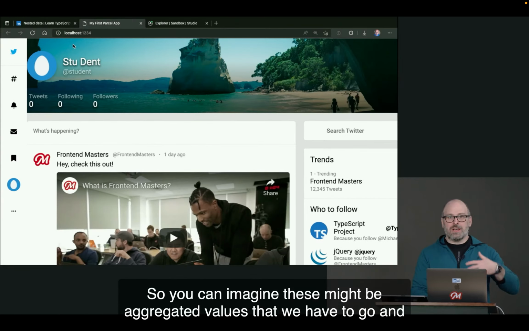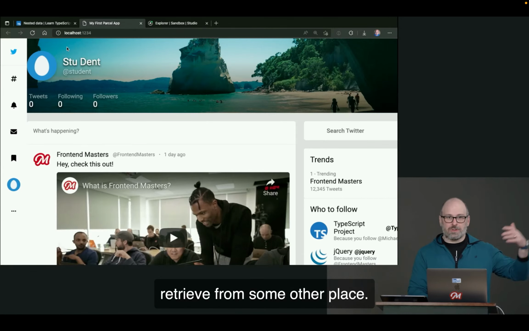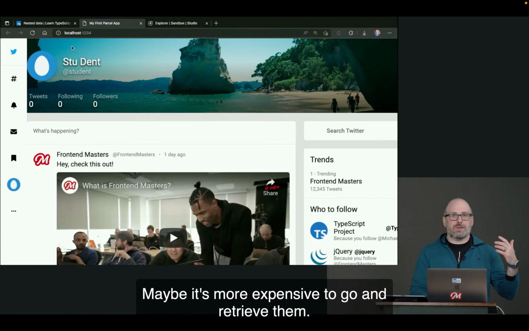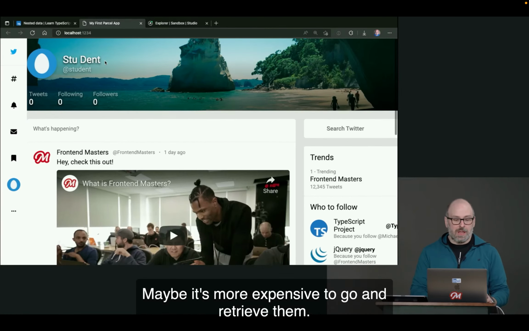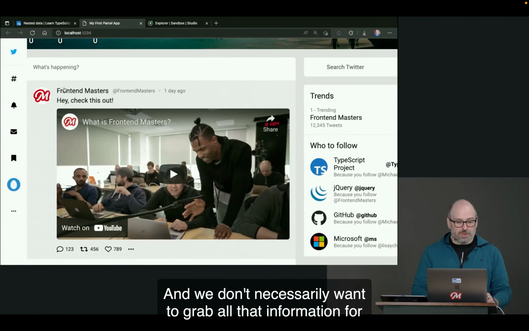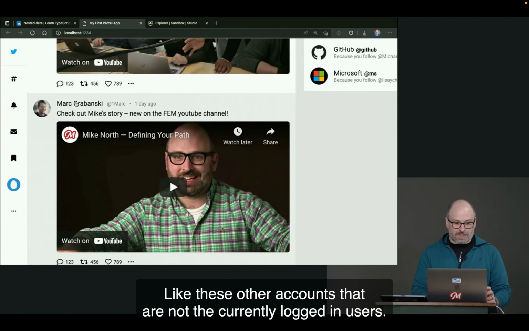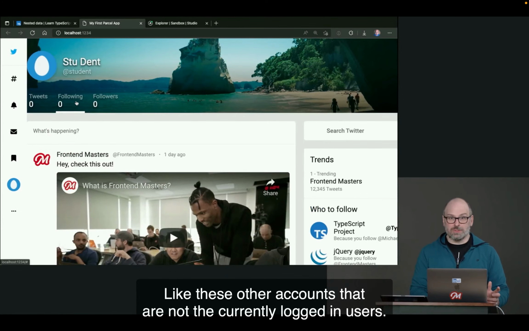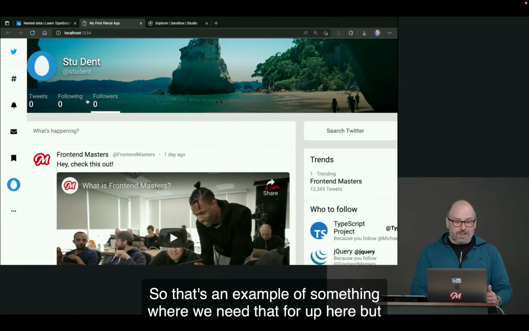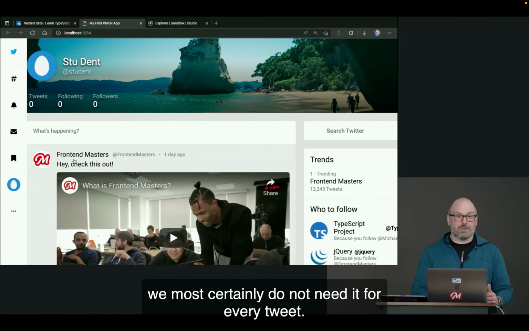So you can imagine these might be aggregated values that we have to go and retrieve from some other place. Maybe it's more expensive to go and retrieve them. And we don't necessarily want to grab all of that information for other people's accounts, right? Like these other accounts that are not the currently logged in user. So that's an example of something where we need that for up here, but we most certainly do not need